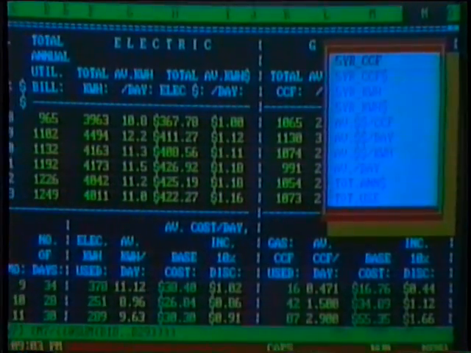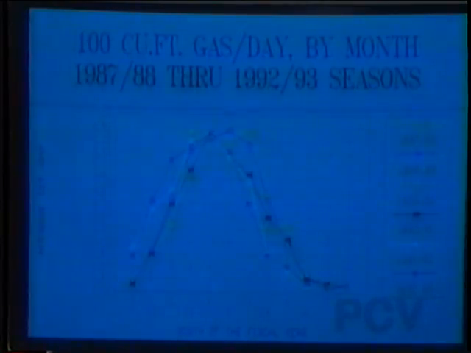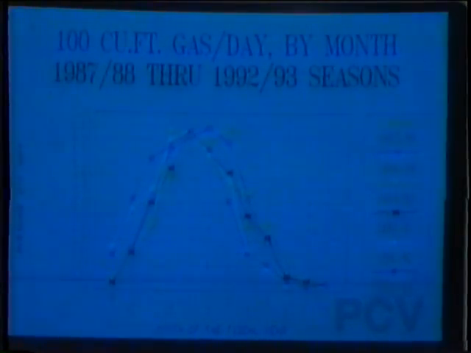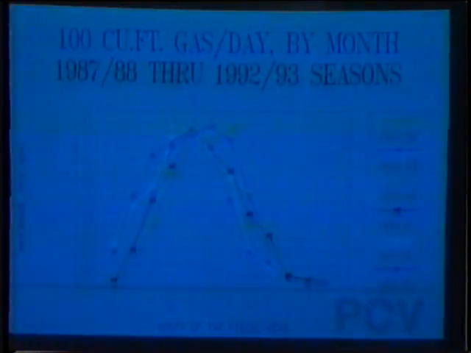Here's a graph that shows the amount of gas that's used, the average amount that's used each day, and that sure is hard to read there. But because you have so much time in there, it's really hard to tell. Plus, there's different types of graphs you can use. This is showing, by the way, 6 different lines that represent each year, and